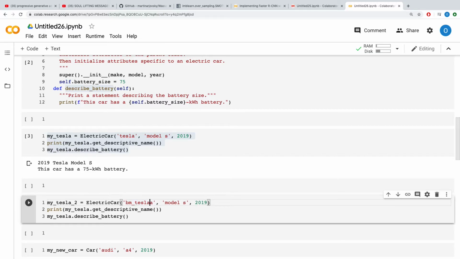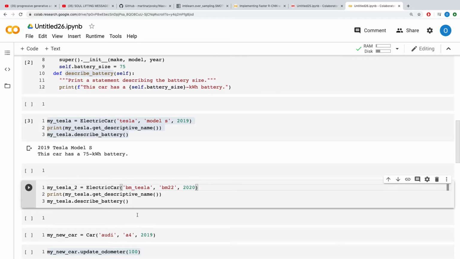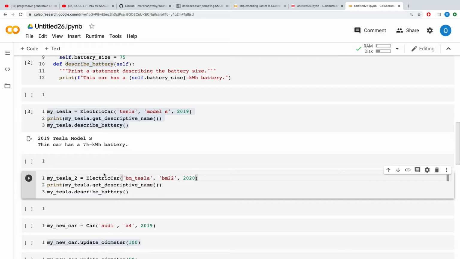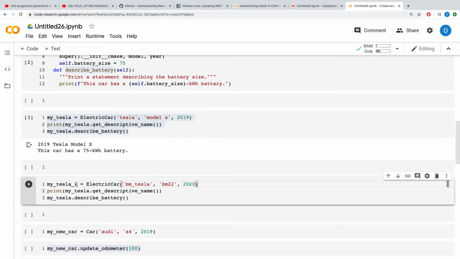Okay, and the model, let's say BM22, and the year is 2020. Okay, so now we can see that anytime we have this, we have a reference variable, and if you decide to print this,